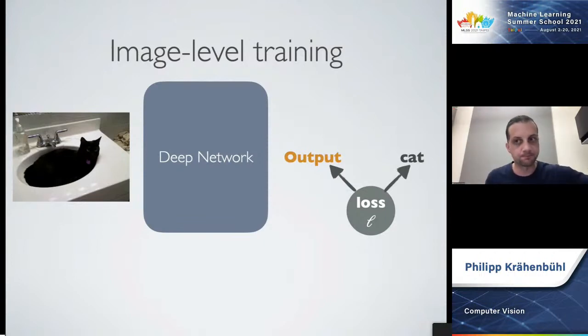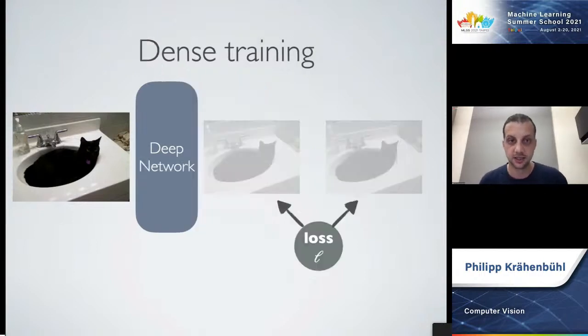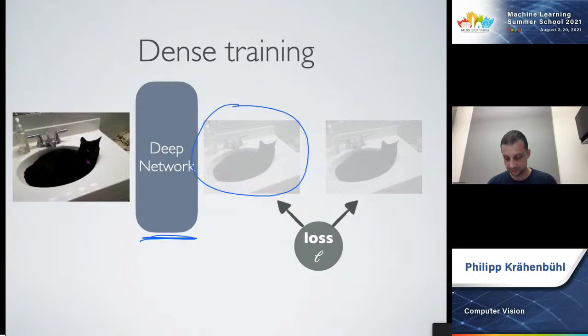And so if we want to go from image level classification to dense tasks, all we do is we essentially swap out a network that now produces a dense output, and we swap out the data set that now has dense labels.